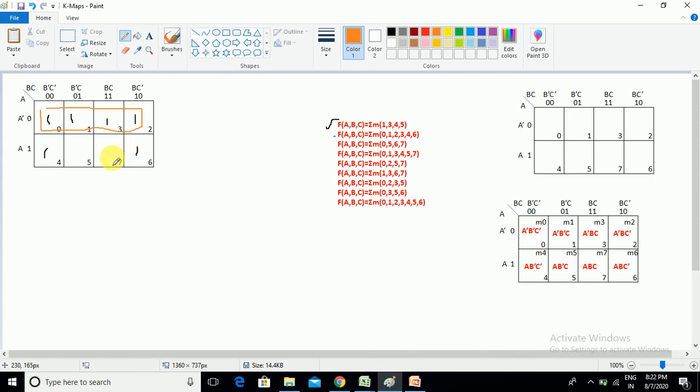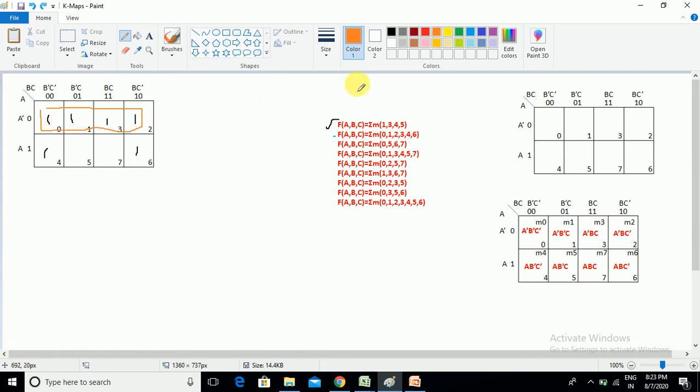Then let us go to these two ones. Now we need to think about the ones which are not in the group. You may think that we can group these two ones in this manner. But if you take the overlap, we can create a 4 cell map, the folding paper manner. We are creating the map of 4 and 6. After you fold, 4 and 6 will touch each other, so we are creating one map. But if you take the overlap, because 0 and 2 are also selected in the question, if you consider them as overlap cells, then we can create the 4 cell group.